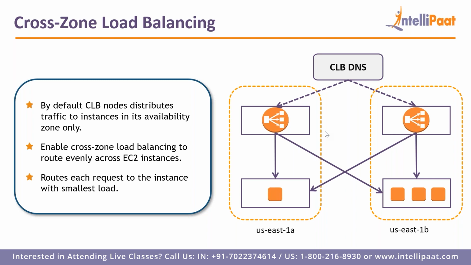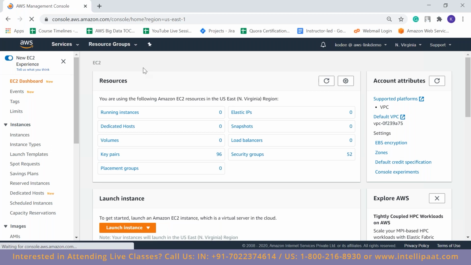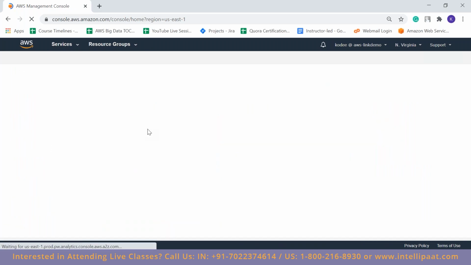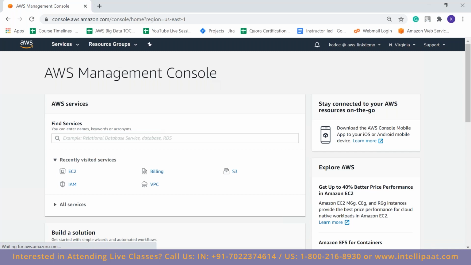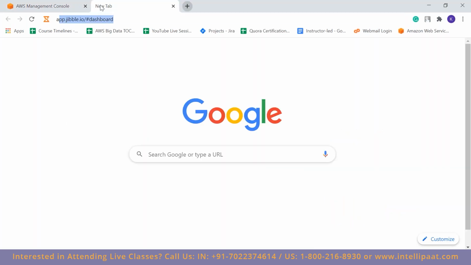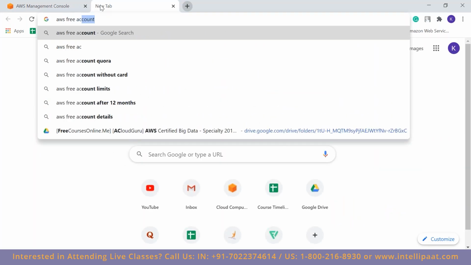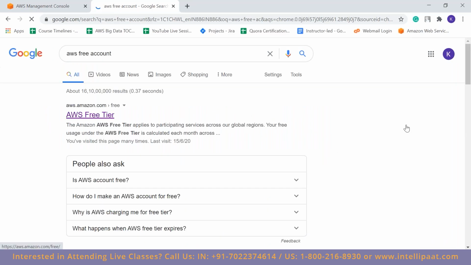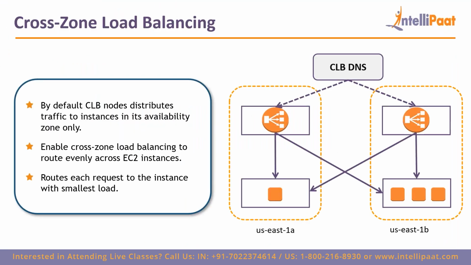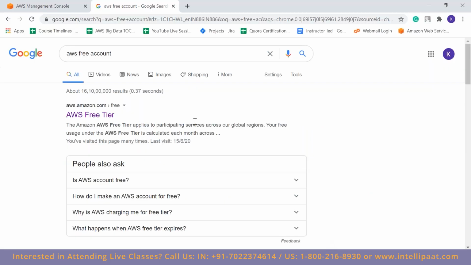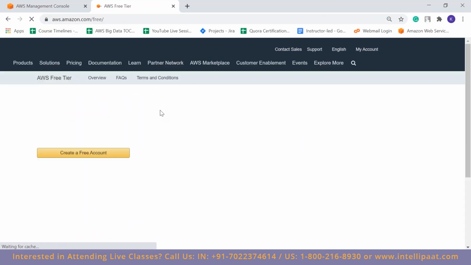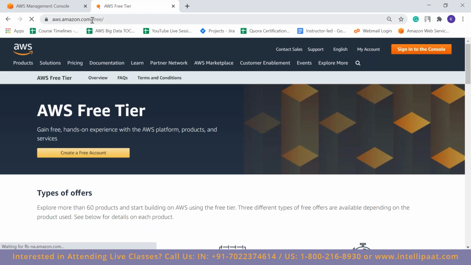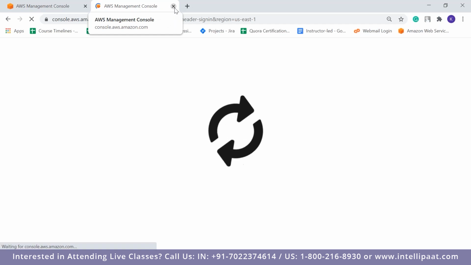Okay, so I'll start off with the demo, guys. I'll open the dashboard. So this is how it looks once you're logged in. If you don't have an AWS account, guys, it's pretty simple. For the AWS free account, you can just type anything you want over here. One second, I'll just minimize this. So you can go to aws.amazon.com. You can just type this URL and then sign into the console. I'm already signed in. If you don't have an account, you can click here. It will take you to a portal where you can create an account like how you normally do.